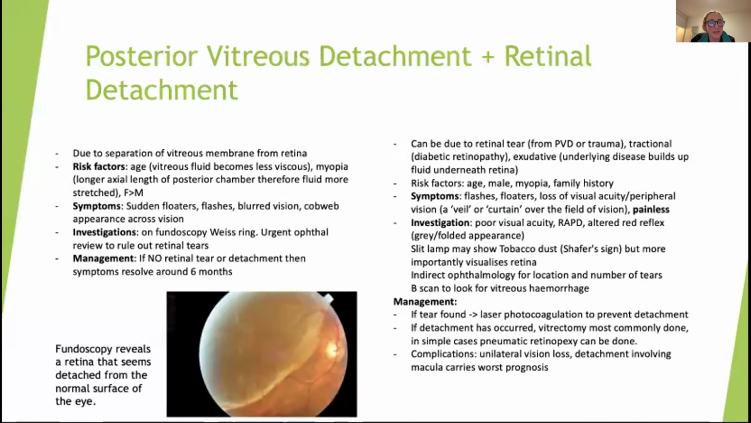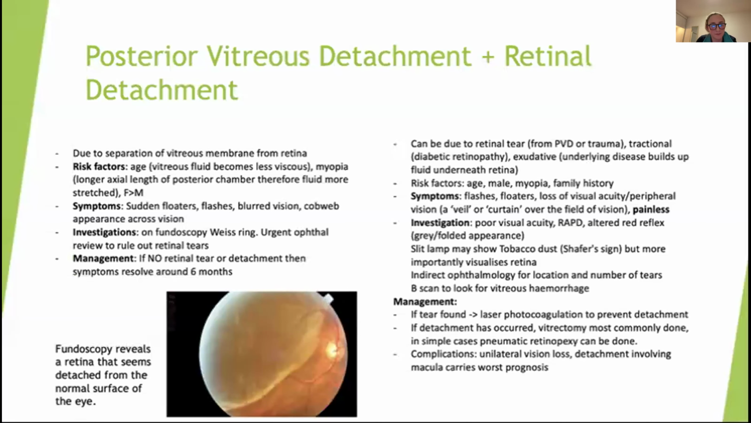So next there's posterior vitreous detachment and retinal detachment. And these are largely very similar, but there's a few differences between them. Posterior vitreous detachment is when the vitreous membrane, which is the bit that lies against the retina,